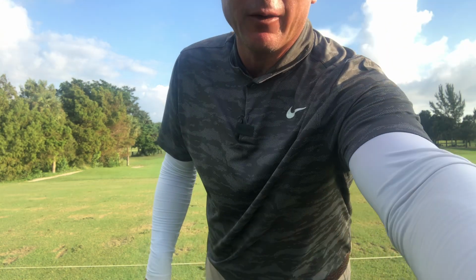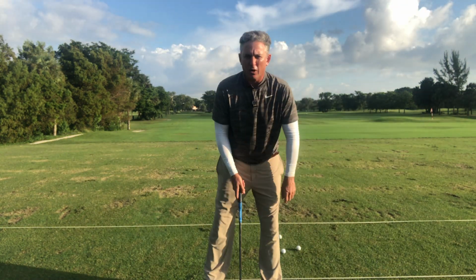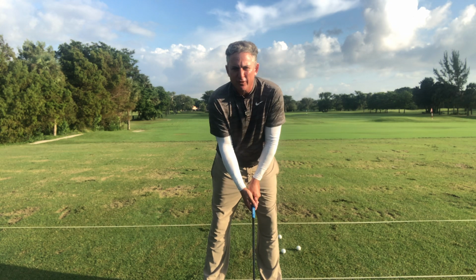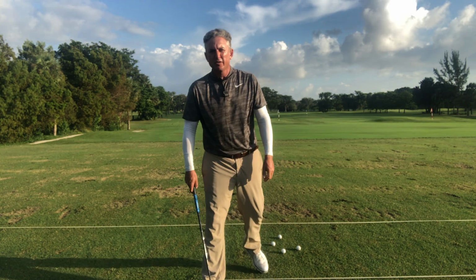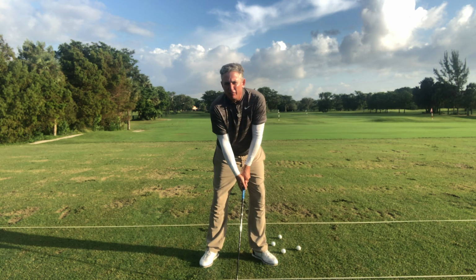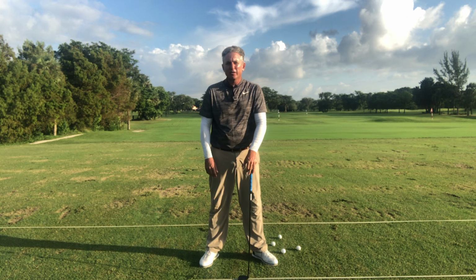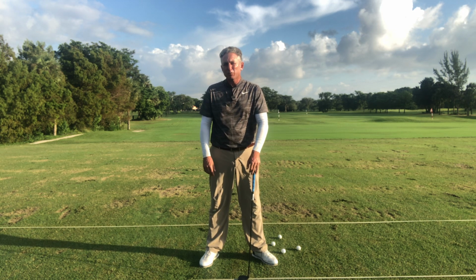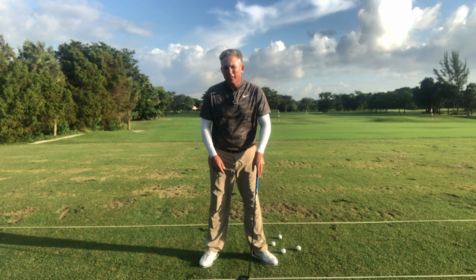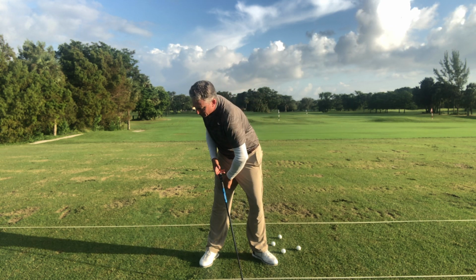And what do I mean by that? What do I mean by staying flexed over? So when you set up to the ball, you set up in an incline tilt to the ball because the ball's on the turf, so you're hitting the ball on the ground. The problem is that most senior golfers have been told to stay down, keep your head down, don't lift up. And so what happens is that when you do that, your body stays down to the ground as you turn